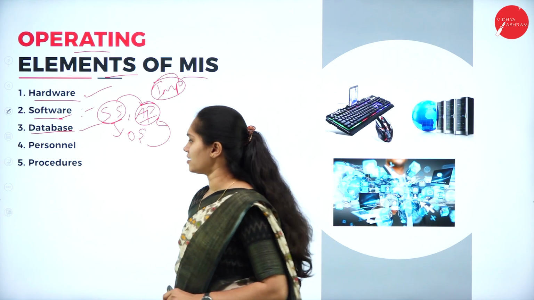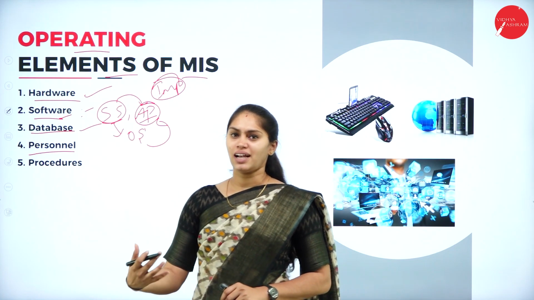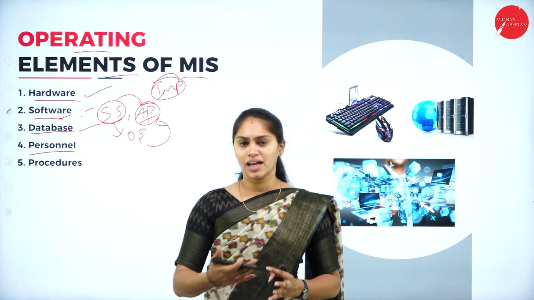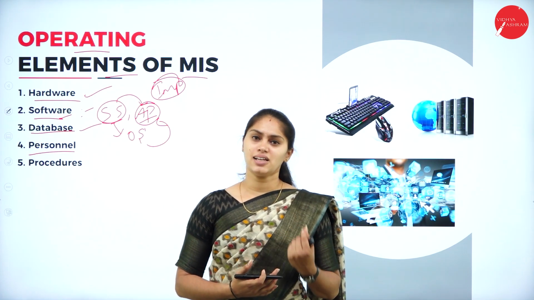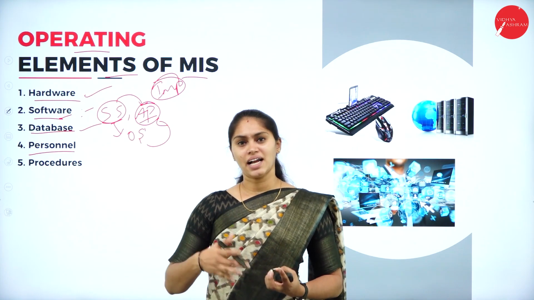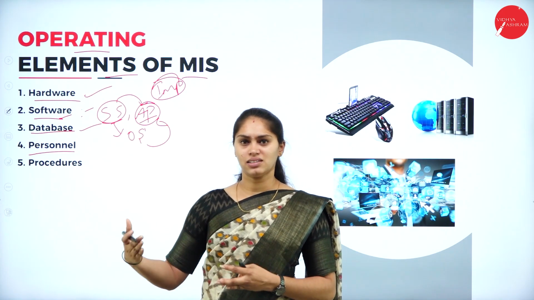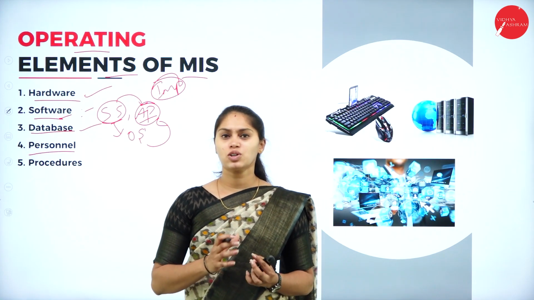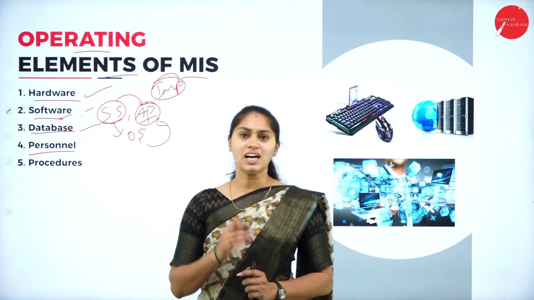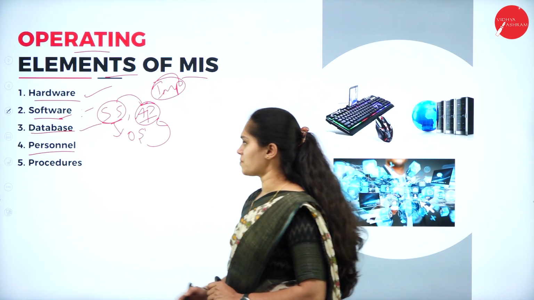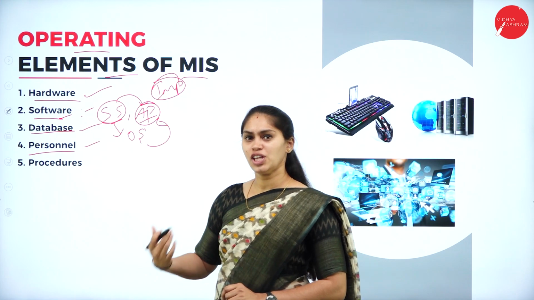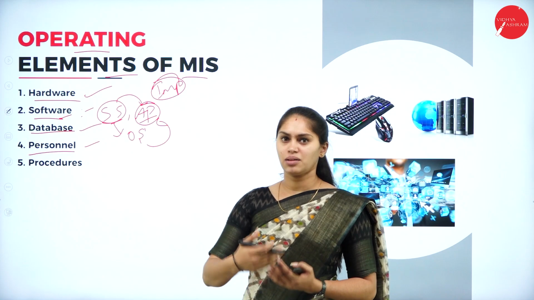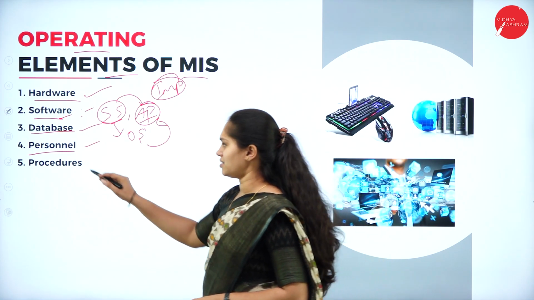Next we have personnel, which is related to human resources, like training of an employee, giving them extracurricular activities, making them active, and giving them special training in terms of any of the organizational activities. If everything is good, then together I can say that it is an efficient way of using MIS. So personnel is related to human resources. What are the specialists we have? Who are all my users? Who is the testing team? Everything comes under personnel.